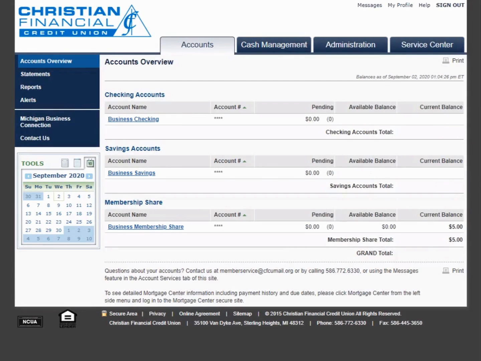When you log into your business account at christianfinancialcu.org, you will be automatically directed to the Accounts tab. The Accounts tab includes the Accounts Overview, which includes all of the accounts that you have with Christian Financial Credit